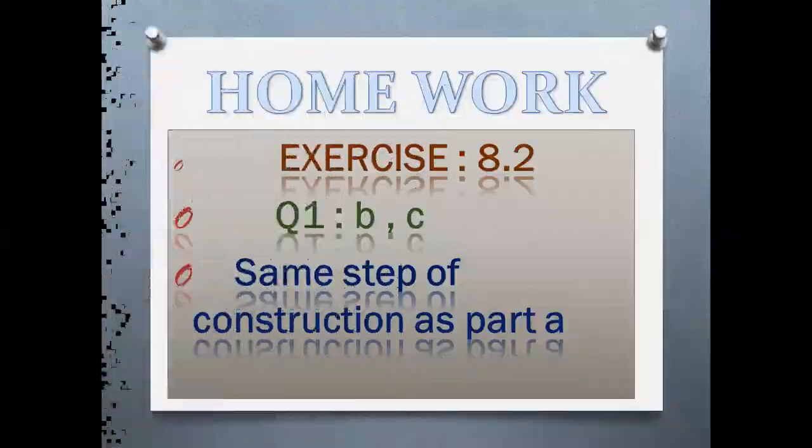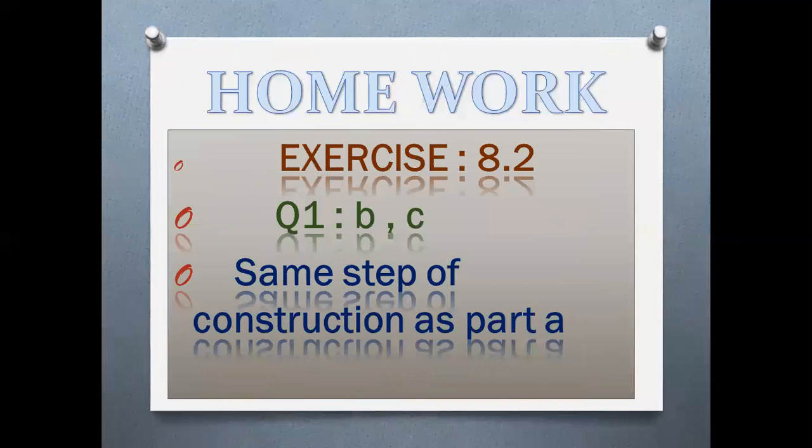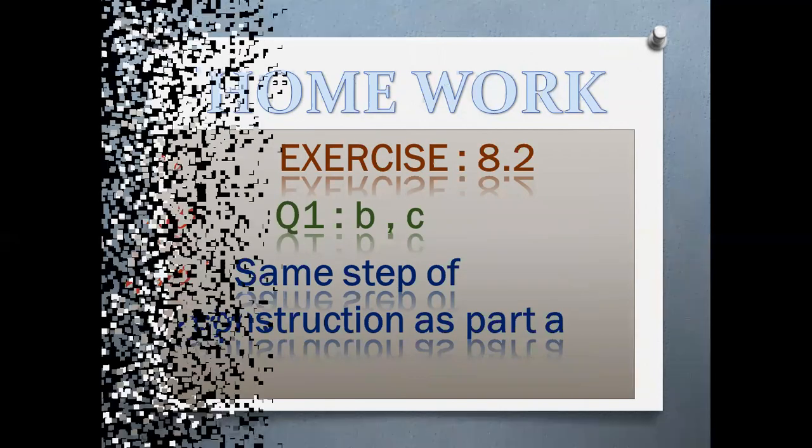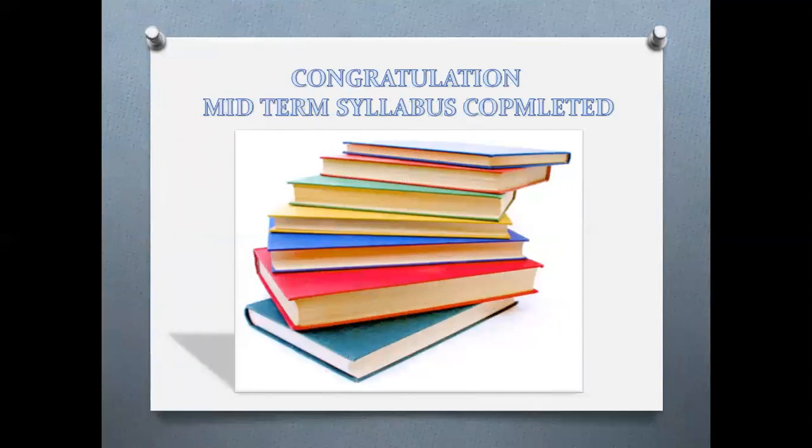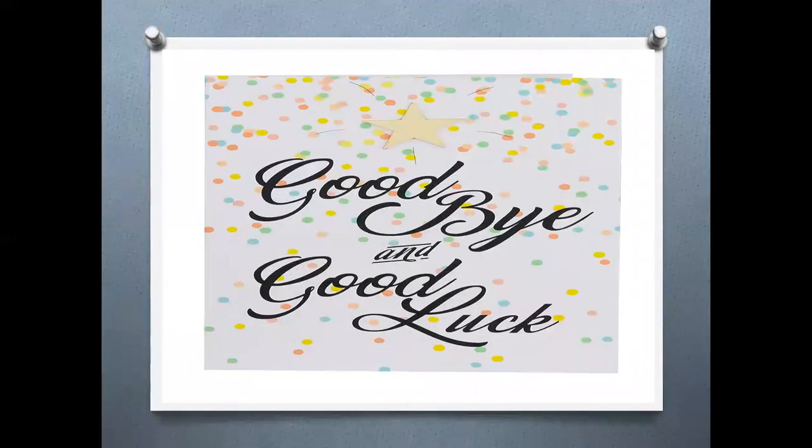Your homework is question 1, B and C part only, and the steps of the construction, as I told you, are the same that I have done for part A for you, and I told you that on page 146 you have the steps of construction of this question. Okay students, Alhamdulillah, we have finished our syllabus of midterm till here, and you will do all these exercises, all these questions on your neat copy, and also write the steps of construction. Do the practice of these diagrams because they are very, very important. Only this chapter of geometry is included in our syllabus.